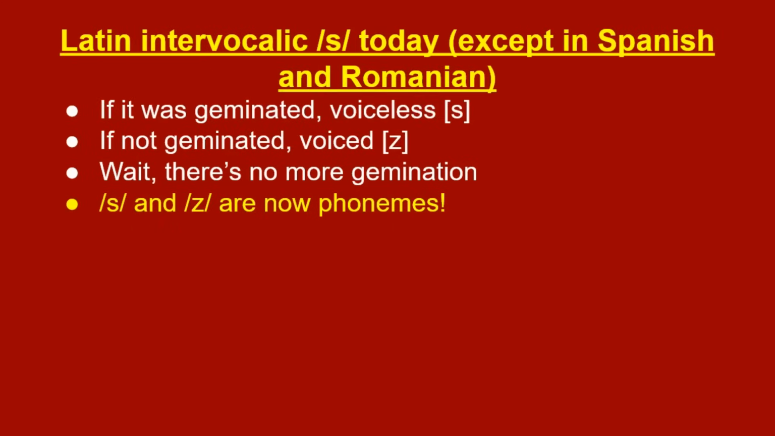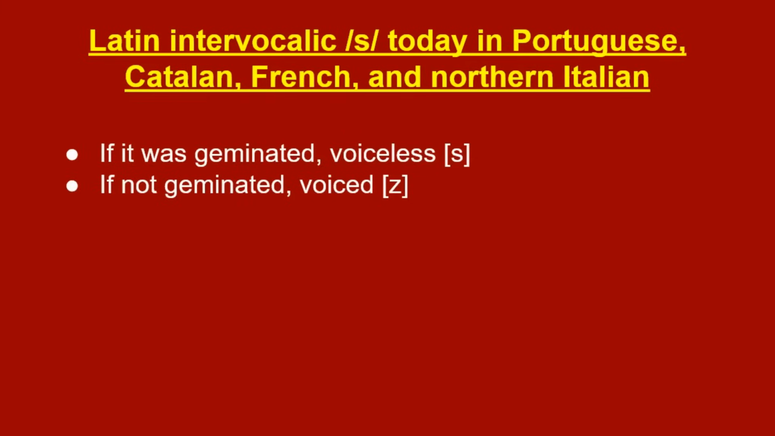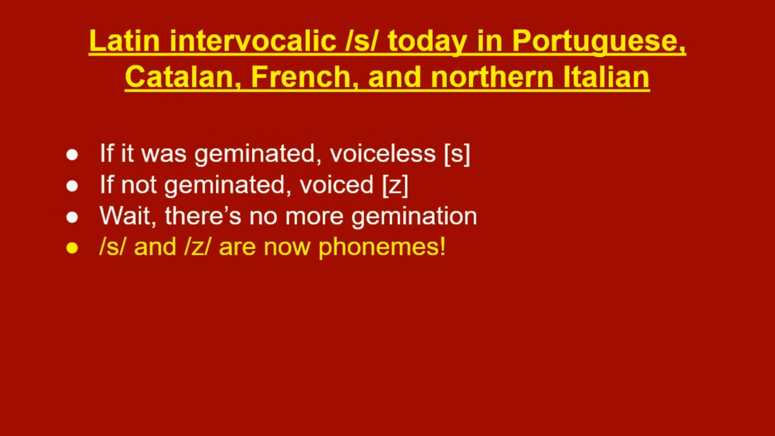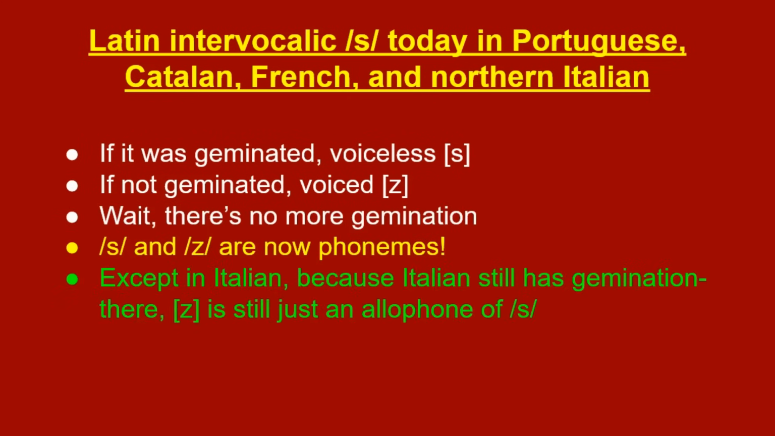Well, a similar thing happened to s, but not in Spanish or Romanian, which is just generally not affected by degemination shifts. However, in Portuguese, Catalan, French, and Italian from northern Italy, s became voiced z when intervocalic and ungeminated, while staying s if geminated. This effectively made z a new phoneme in Portuguese, Catalan, and French, while it's still an allophone in Italian due